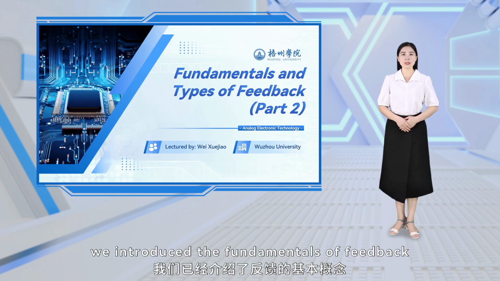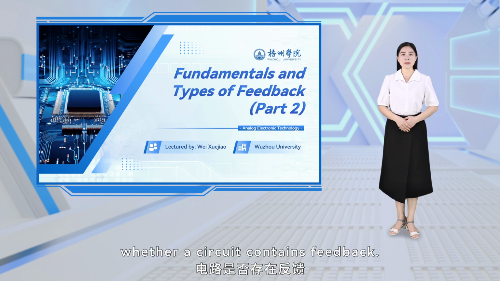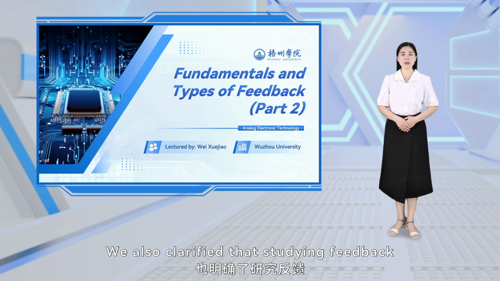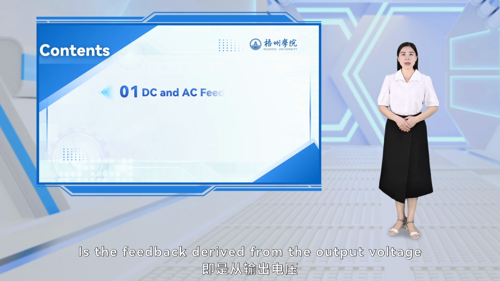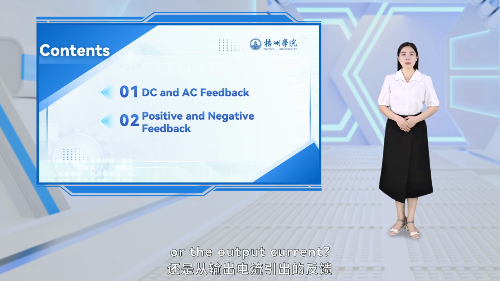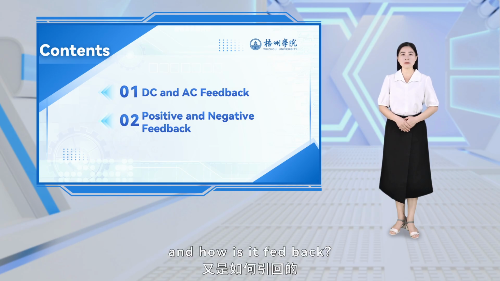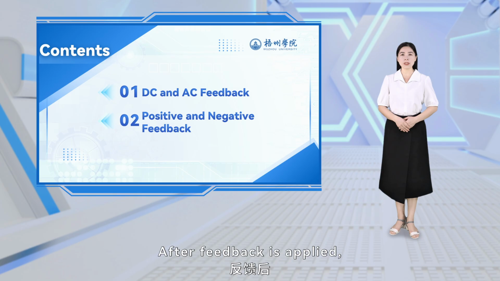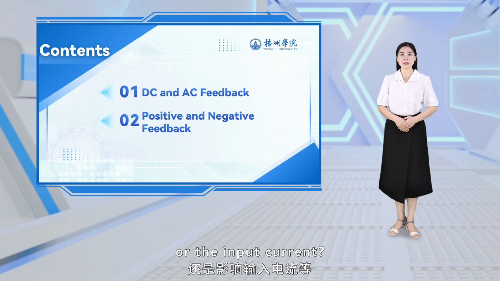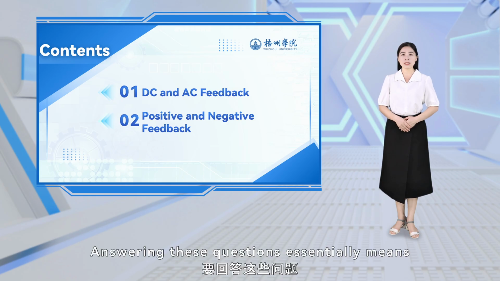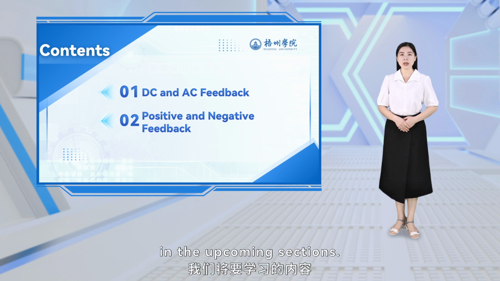Earlier, we introduced the fundamentals of feedback and learned how to determine whether a circuit contains feedback. We also clarified that studying feedback involves answering several key questions. Is the feedback derived from the output voltage or the output current? How is the feedback taken out, and how is it fed back? After feedback is applied, does it affect the input voltage or the input current? Answering these questions essentially means identifying the types of feedback, which is what we will focus on in the upcoming